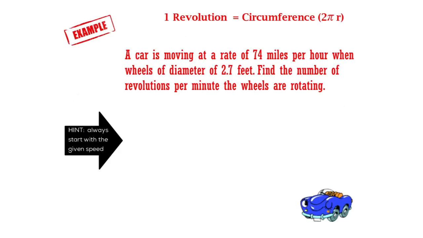All right, I got a couple examples I'm going to do here. One going from linear to angular speed and one going from angular to linear speed. All right, so to set this up, you're just going to do a whole bunch of conversions. And you maybe have done something like this if you've had chemistry. But what I'm going to do is I'm going to always start with the speed that was given to me. And in this example, they gave me the linear speed, 74 miles per hour. So I'm going to write that as a fraction, 74 miles